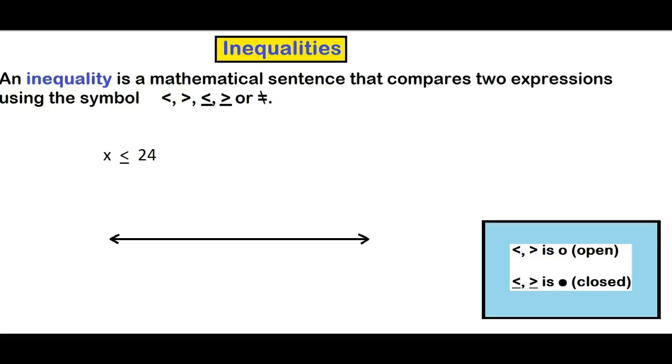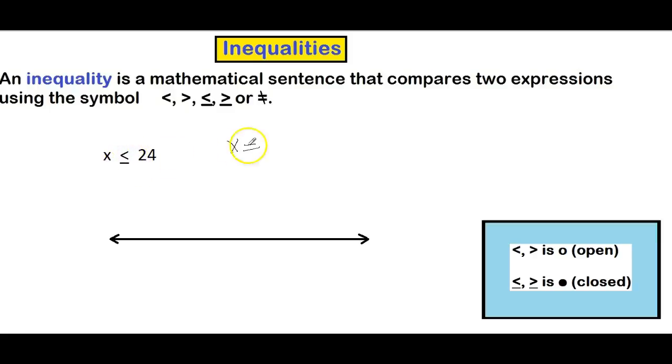Okay, this next example says that x is less than or equal to 24. So I know some possible solutions for x at this point. Well, let's list all possible solutions for x. Let me get a bigger pen here. X could be, well, we definitely know it could be 24 because it says it's less than or equal to